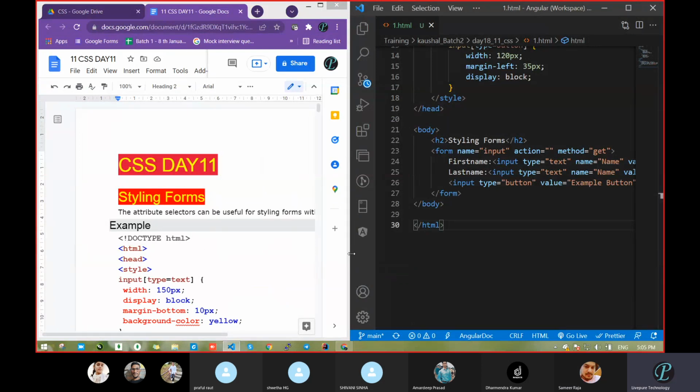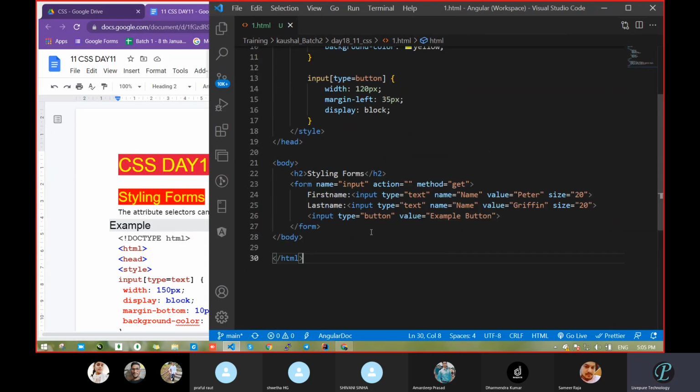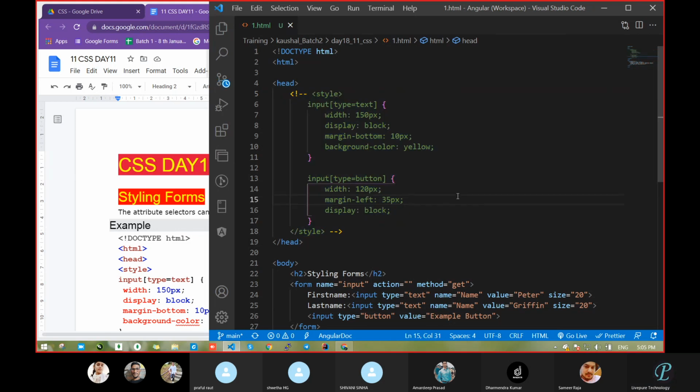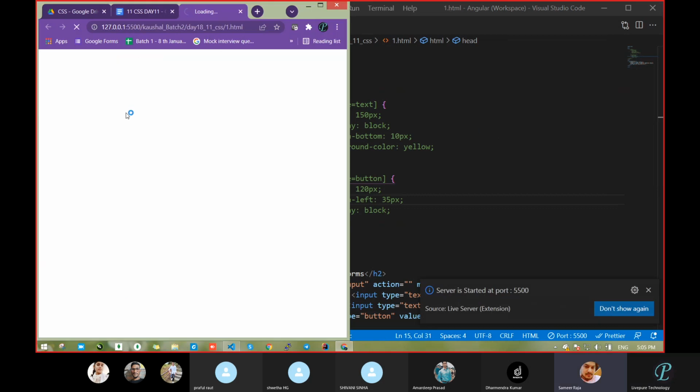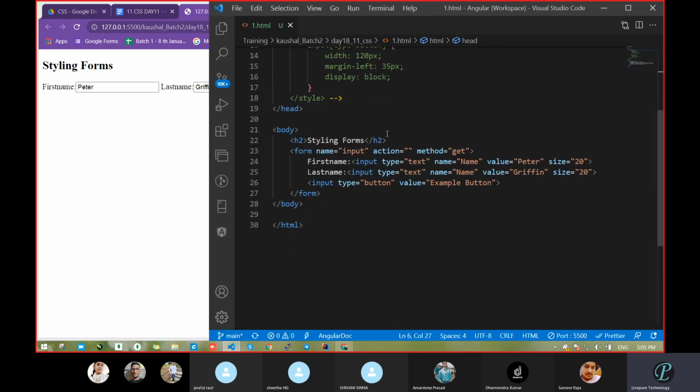So now we are going to design our form content. Who all had not attended the form session, suppose anybody had missed it, let me go over it one time. You will get some idea regarding the form. Open with live server. You can see here, first name is something, then one input field, then last name, then an input field, and then one button. So how are we writing that form?